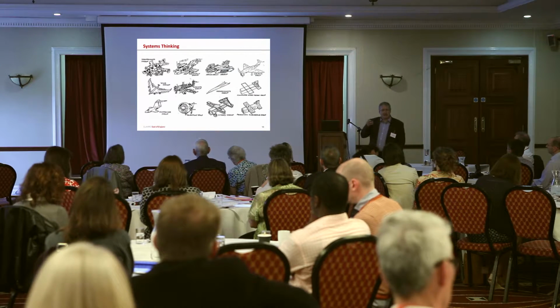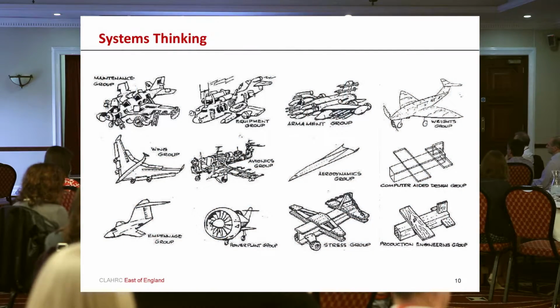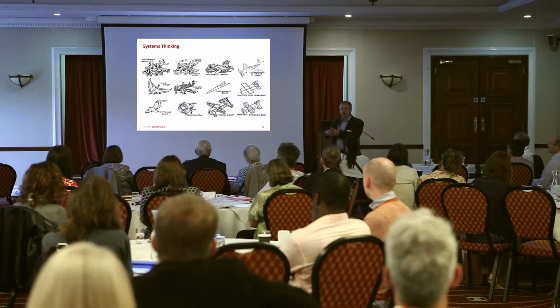We also have systems thinking in engineering. What that reflects is that for any complex system, there are many different perspectives. Now, if you look online at aerospace design, you find many pictures like this, which represents the different interests involved in designing an aircraft. And I particularly like the Rolls-Royce perspective here, where the aircraft is the engine. And for those doing analysis or production, they want things simple. And when you're designing complex systems, you're trying to understand all of those different stakeholder perspectives and draw them together